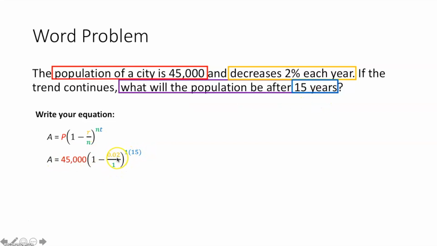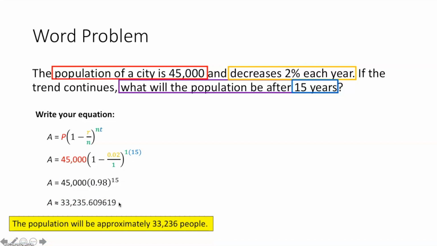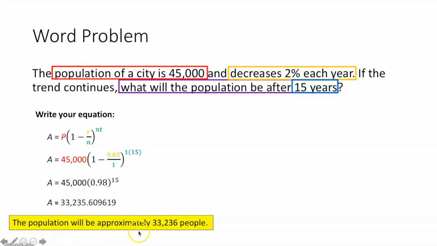In here, 0.02 divided by 1 is still 0.02. Then you do 1 minus 0.02, which ends up giving you 0.98. We then raise that to the 15th power and multiply that by 45,000. We get our population. So what we're going to do here is round this to the nearest person because you can't have 0.6 of a person. So we say the population will be approximately